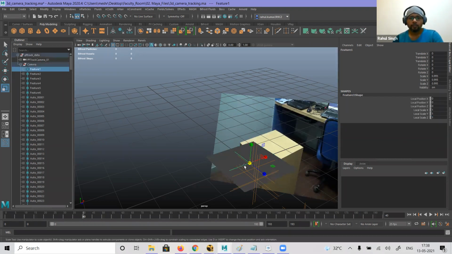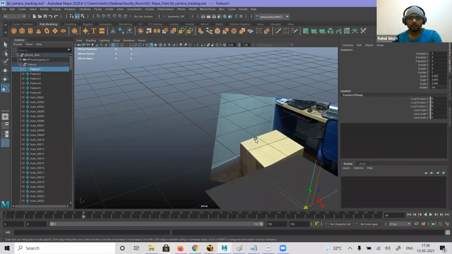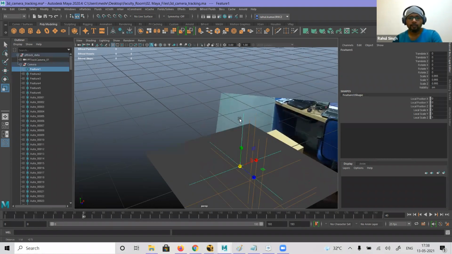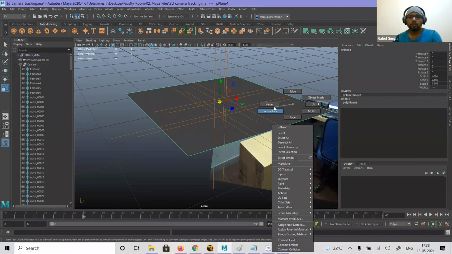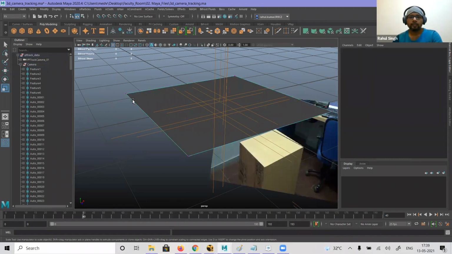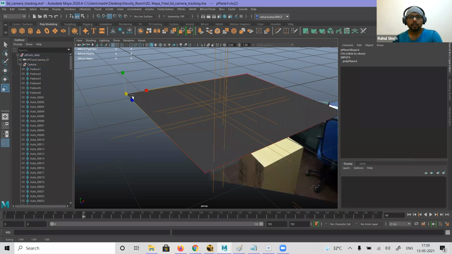Now, again, select feature 1 and identify where it is. Okay, this one is the feature 1. Okay, so select this, go to the vertex, right? Select this vertex. Okay.